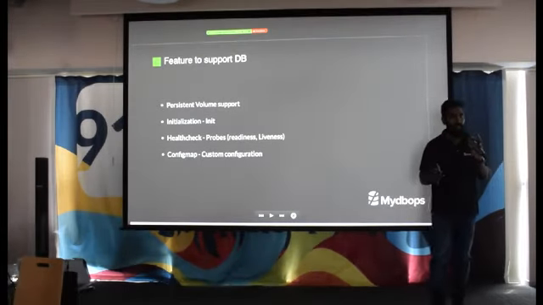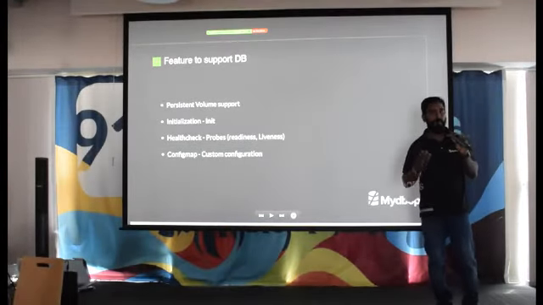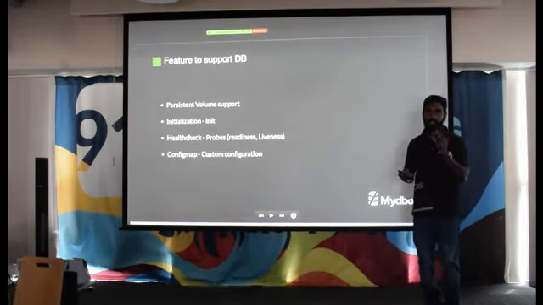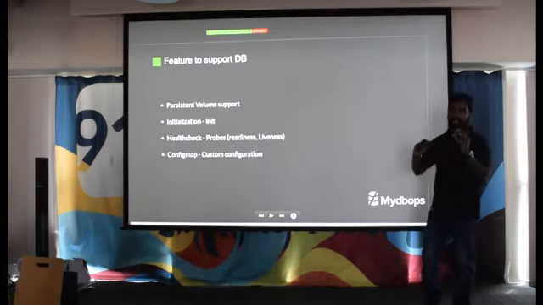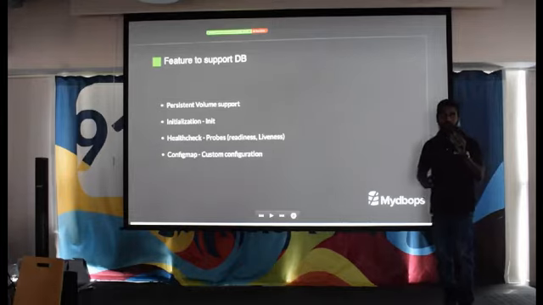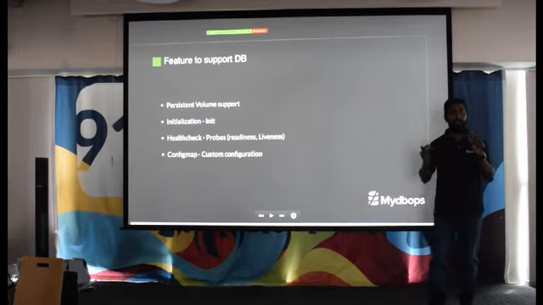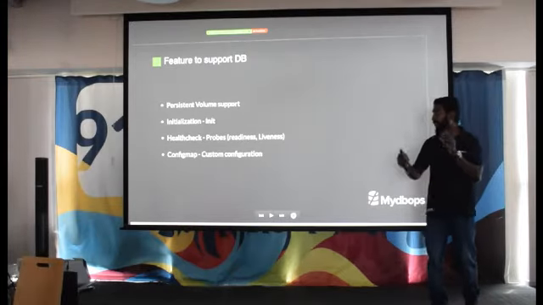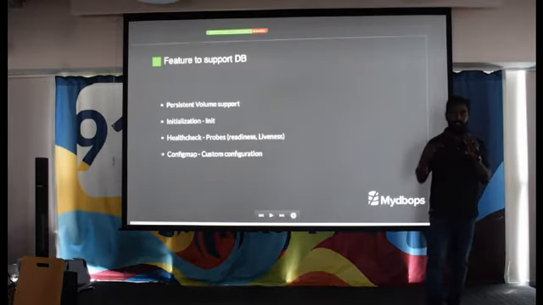you have a cluster. For example, if it is a single node, it's fine. When the init is done, you can just start and bring in your application and connect to the DB. And if you have a cluster, a 3-node or a 4-node cluster, it should work seamlessly, and that is done with the help of the health check. The DB has to be monitored properly, whether it is reachable or not reachable. That is done through the probes. There are two types of probes, the liveness probes and the readiness probes. The readiness probe defines that this node is ready to accept traffic and you can send traffic. The liveness probe checks the health of the cluster, whether the DB is available or not available during the